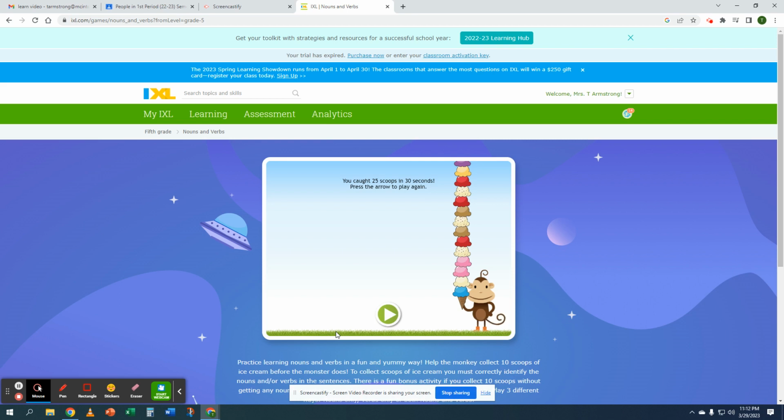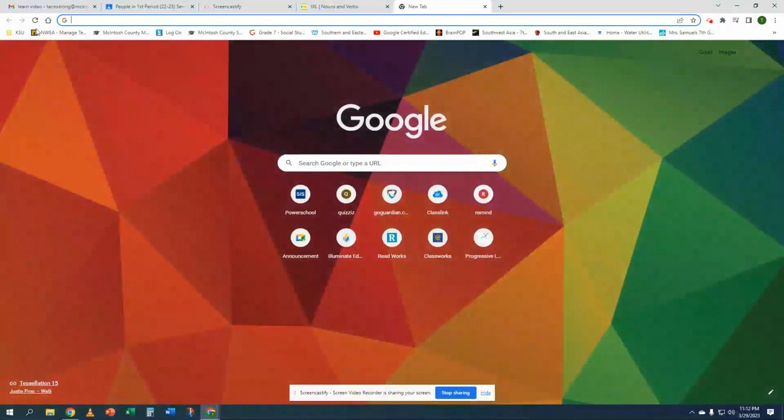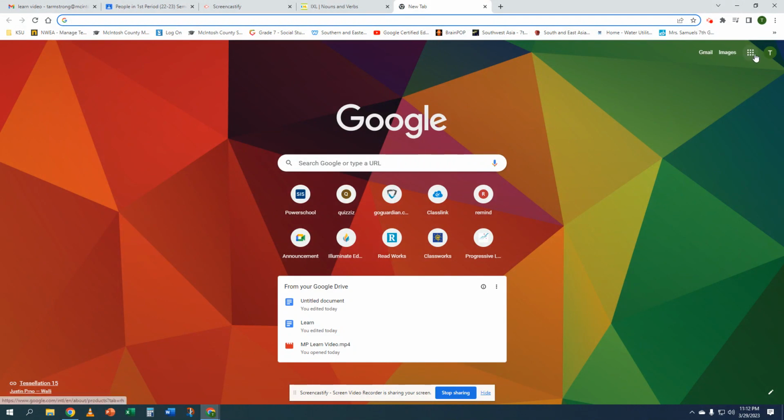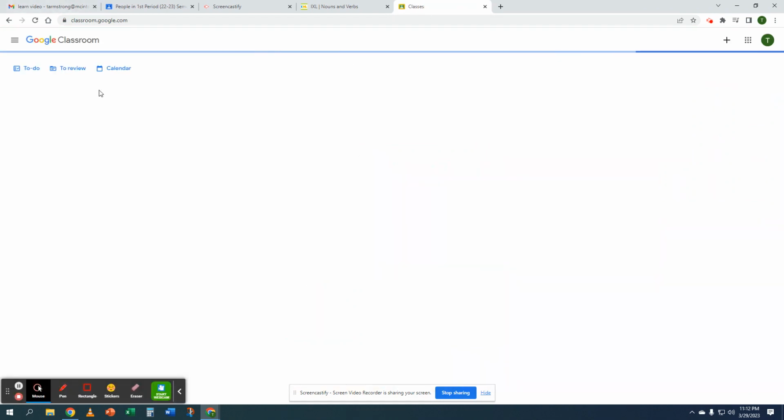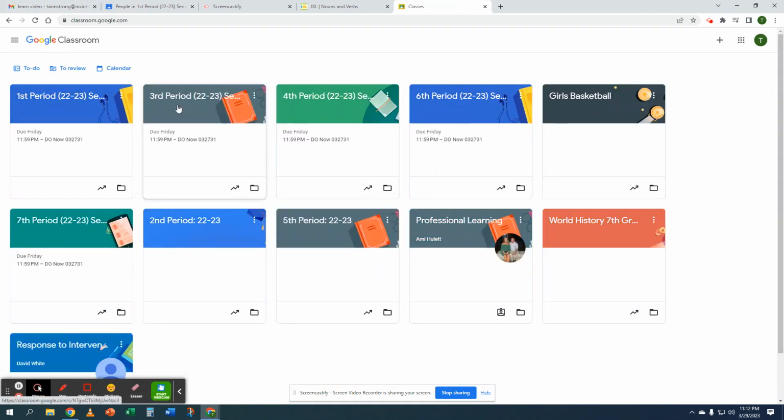Another thing you asked about was Google Classroom. To go to Google Classroom, we open up another page. On the right, there are 9 dots. Just simply touch the 9 dots and click on Google Classroom. You can use your computer. Your My View board is just like this. It's just a computer. You can see all your classes. They're already set up. So you simply click on a class